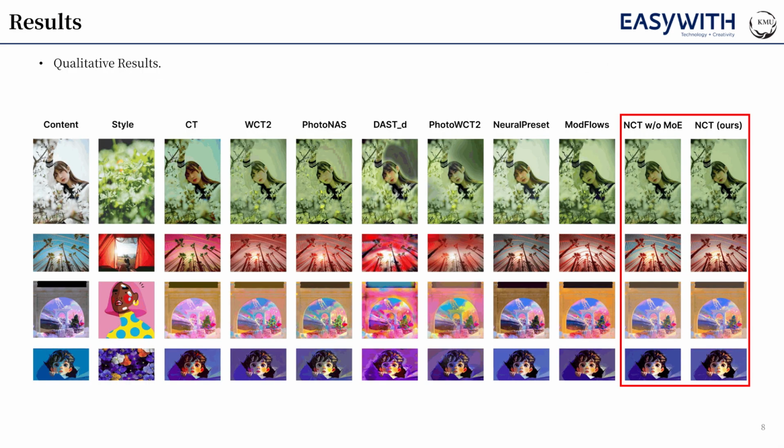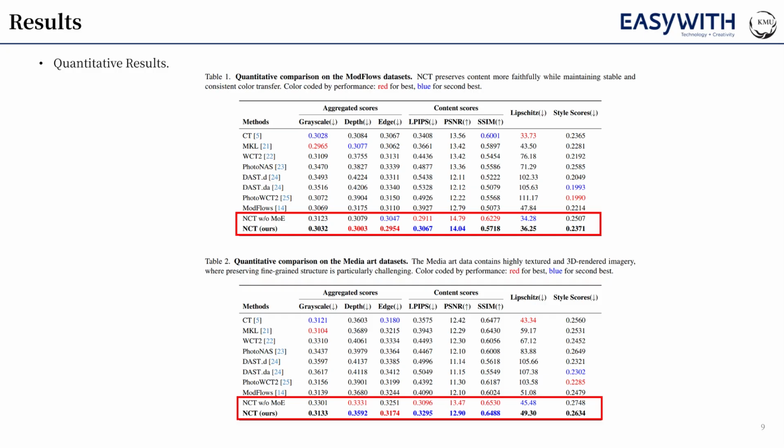context. While baseline models either fail to apply the style color, suffer from color bleeding, or overcorrect by aggressively forcing the style, our method harmonizes the style colors with the content on a global scale, delivering natural and visually consistent color transfer results. Furthermore, ours achieved the highest aggregated score, which simultaneously reflects both content and style preservation. In our evaluations on the media art dataset, it demonstrated outstanding aggregated scores and Lipschitz scores, even within complex and